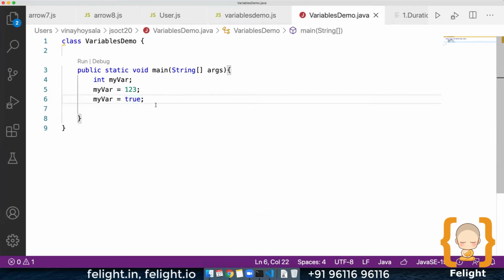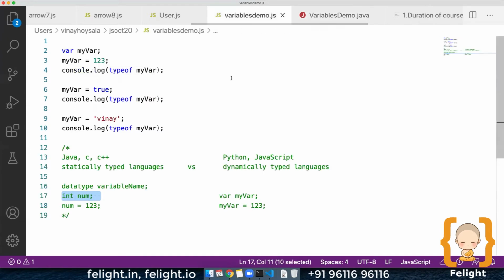So now you tell me which language is best, dynamically typed language or statically typed language? For learning purposes, it's dynamic type, and as a professional, it's static type. Okay. So because of this problem which I just explained, even though Python was a very, very good language, Java won the market for a very long time. The reason is that people who use dynamically typed languages really have to be very intellectual.